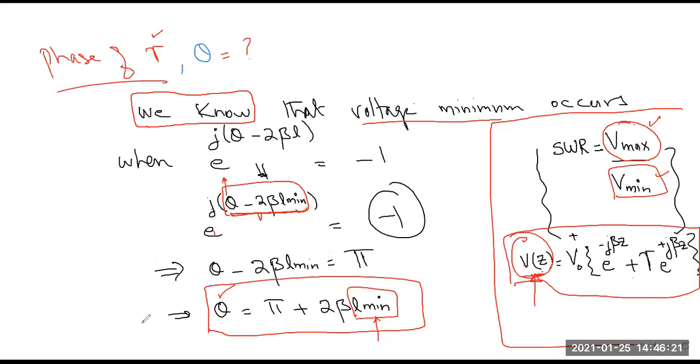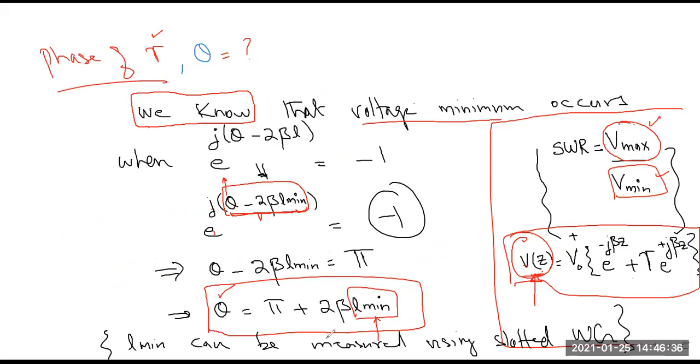ठीक है, सो दिस इज the use of slotted waveguide. So I will say L minimum can be measured using slotted waveguide. So ये जो मैथमेटिकल एनालिसिस मैंने किया है स्लॉटेड वेवगाइड का, ये फिर आप जब प्रैक्टिकल लैब परफॉर्म करेंगे वहां पे ये कंसेप्ट यूज होगा। सो एट दैट टाइम आई विल नॉट बी एक्सप्लेनिंग दिस होल आइडिया, आई विल बी ट्राइंग टू अप्लाई दिस आइडिया टू द प्रैक्टिकल लैब। सो यू शुड हैव अ क्लियर अंडरस्टैंडिंग कि ये मैं जो इक्वेशंस लिखूंगा तो वो किस बेस पे लिख रहा हूँ।